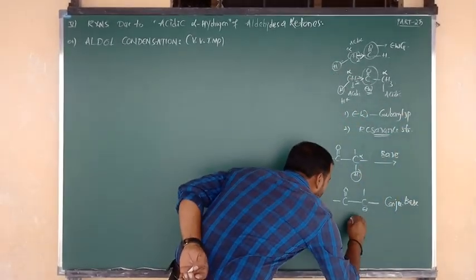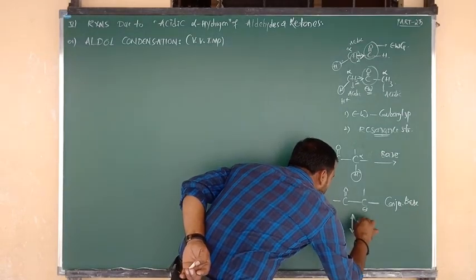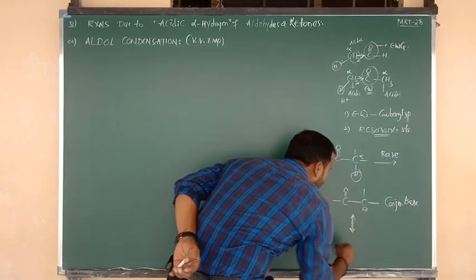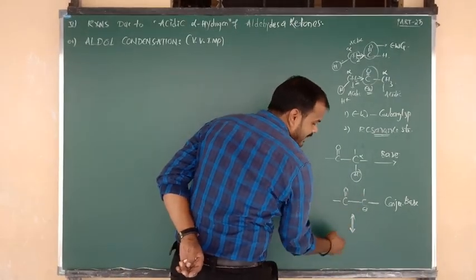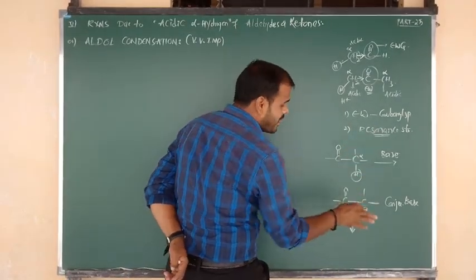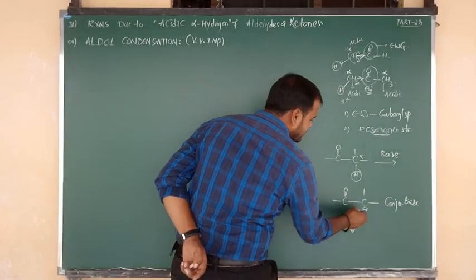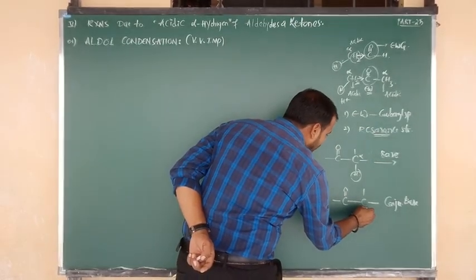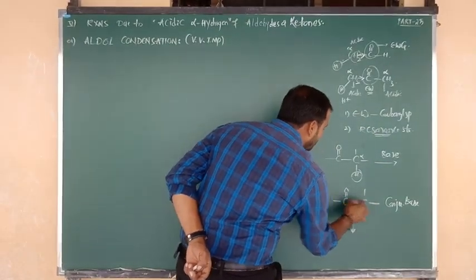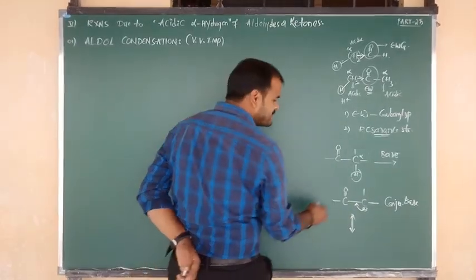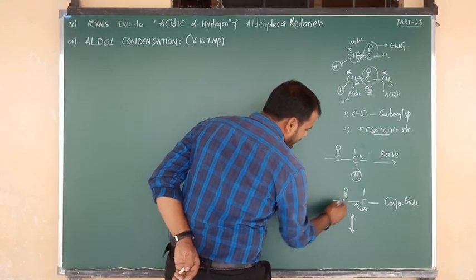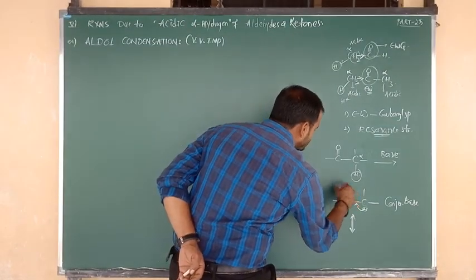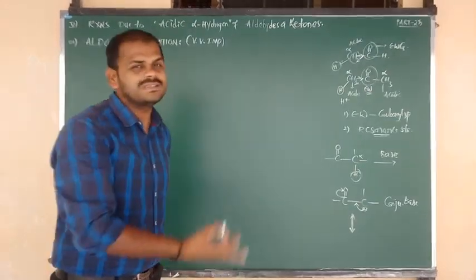Sir, how? Okay, I am going to show the structure. This two-headed arrow indicates the symbol of resonance. Your alpha carbon contains the negative charge due to loss of the H plus ion. That negative charge, which is one bond, is going to be delocalized between carbon and carbon. At the same time, as compared to carbon, oxygen has more electronegativity, which means the pi bond is going to be delocalized towards the oxygen, Nana.